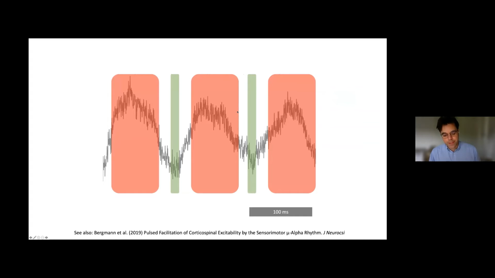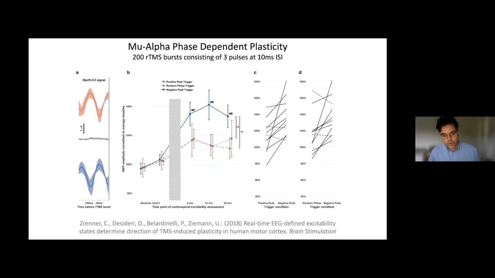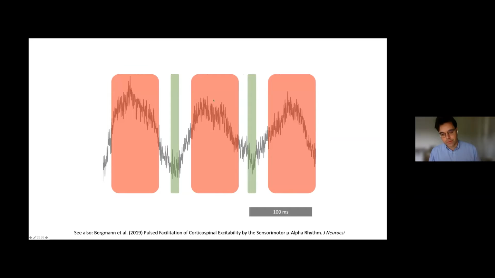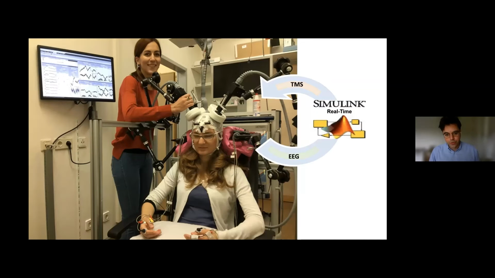And it actually looks like these periods are very short. So if you stimulate randomly, you will stimulate in the peak excitability phase sometimes, but it looks like it's a short part of the circle, and here the random phase stimulation is much closer to the effect of positive stimulation than stimulating here during this period. So it does seem to be important.